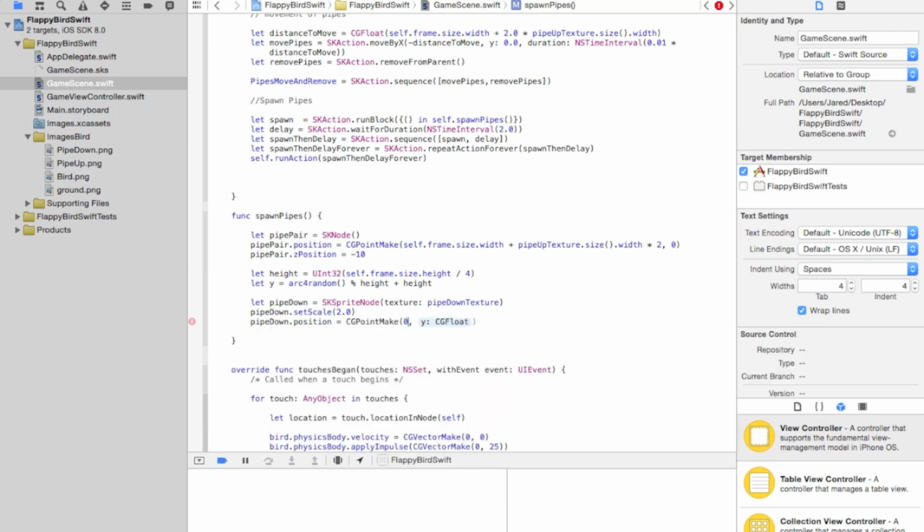Our x value will be 0 because we created that at the beginning of our function right here, and our y value will be CGFloat y plus our pipe down dot size dot height